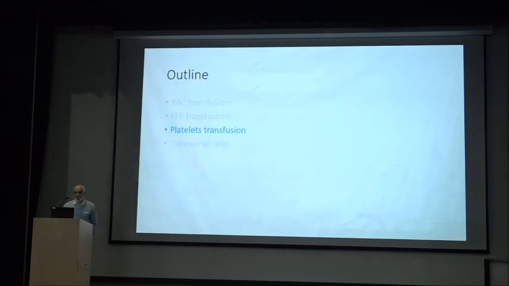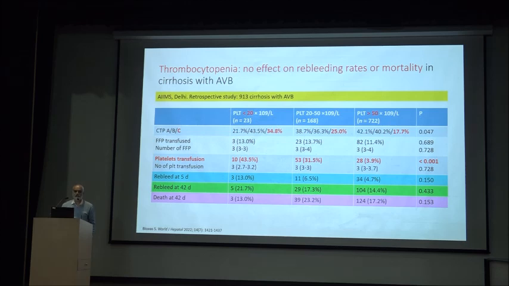So let's see what about platelet transfusions. This was a study from AIIMS, a retrospective study on 913 cirrhosis patients with acute variceal bleed. They divided patients into 3 groups: platelets less than 20, between 20 to 50, and more than 50. Child C patients were more in the group with platelets less than 20 as compared to the other groups,